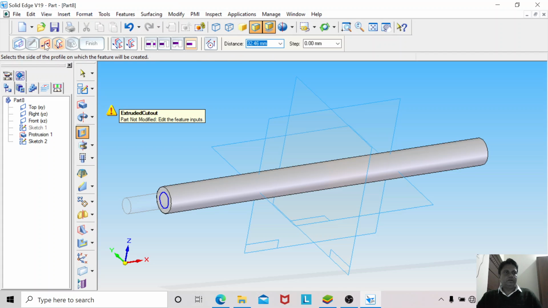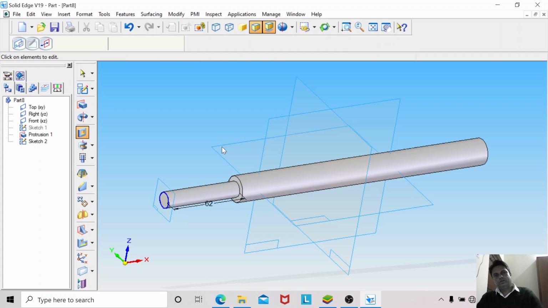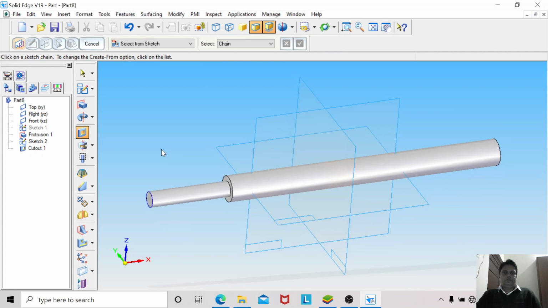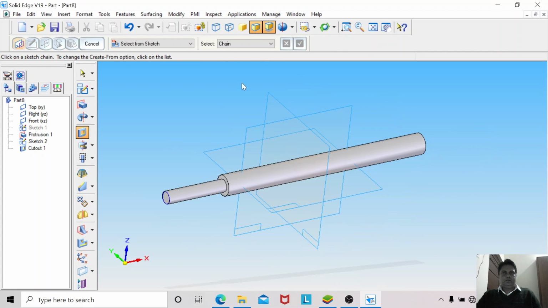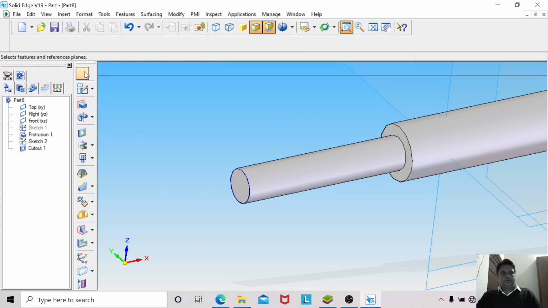Use the side step icon to remove the outer material and give 62 as the length. So 12 diameter is maintained over 62 mm. Material has been removed, and